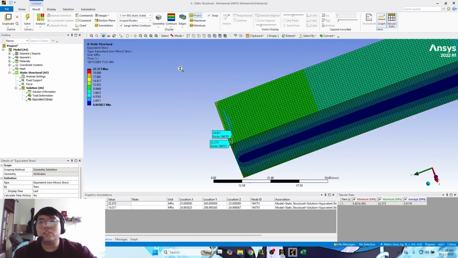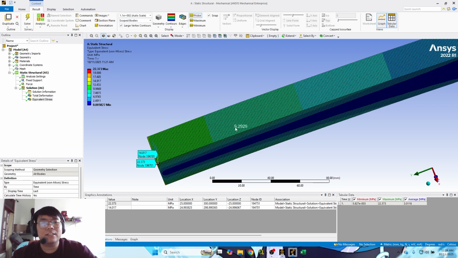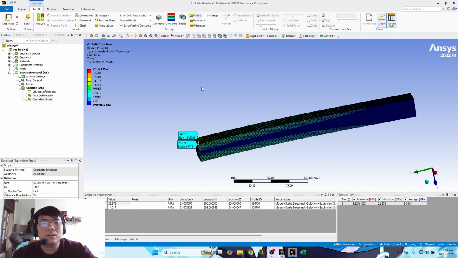If the stress singularity problem still arises, what you can do is change the method of your simulation. Here we do a 3D simulation, but if your simulation is simple, like this one is pretty simple, you can go for a one dimension analysis.